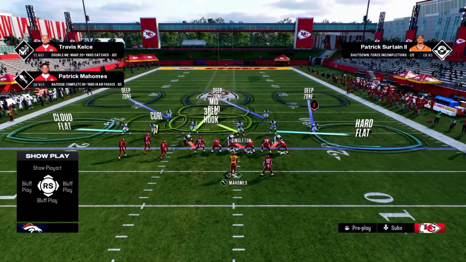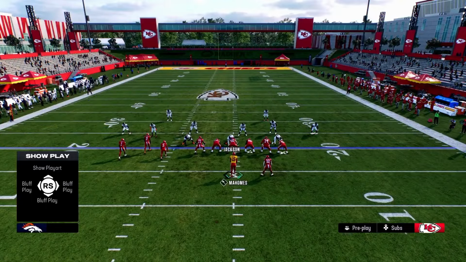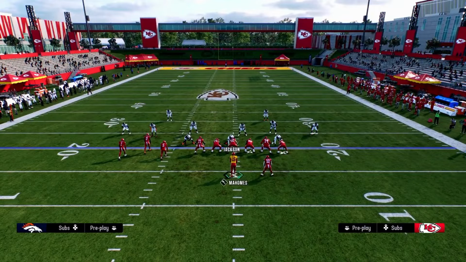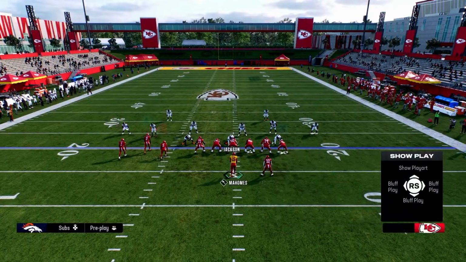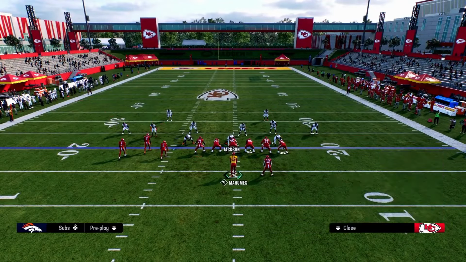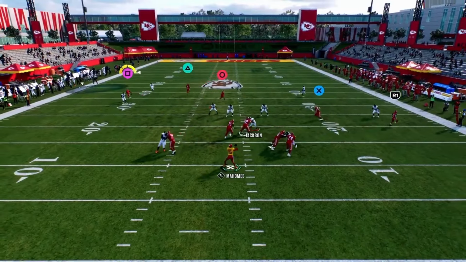And if they stay in the middle of the field, we have a lot of answers to the left-hand side. So I'm going to show you one of the other answers we have to the left side, and then we'll talk about what to do once they actually switch stick. So again, one of our other answers here to this left-hand side is that this corner route will clear the cloud. So you'll see here,